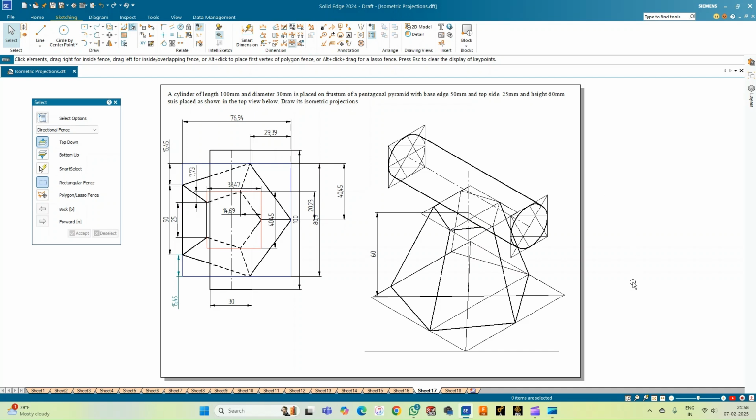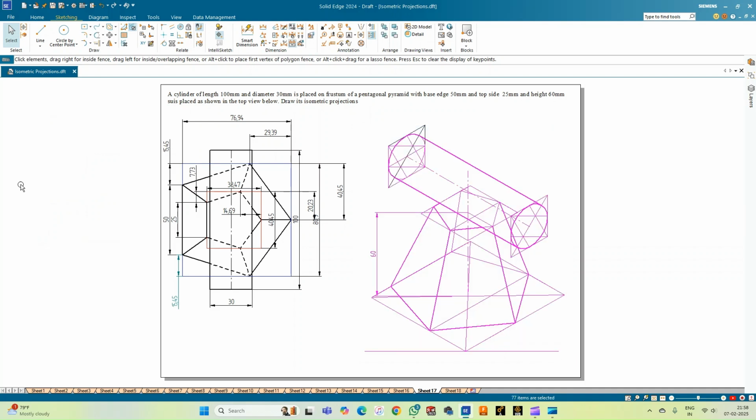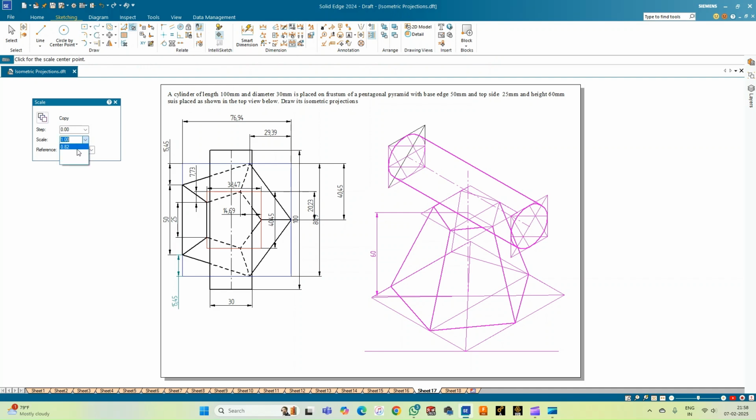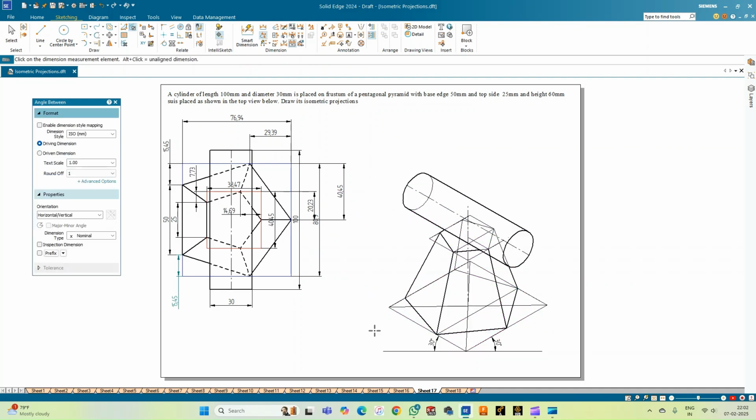So this is how the construction of the combination of the solids, that is a cylinder with its axis perpendicular to that of the axis of the pentagonal pyramid, is placed as seen from the top view of the orthographic projection. So with this we complete the construction. So now it is time for us to reduce this to the iso scale. So select the entire set and go for scale option. Change the scale to 0.816 and